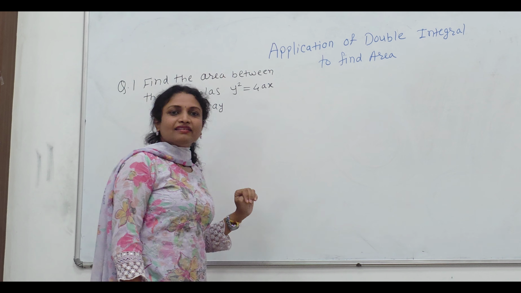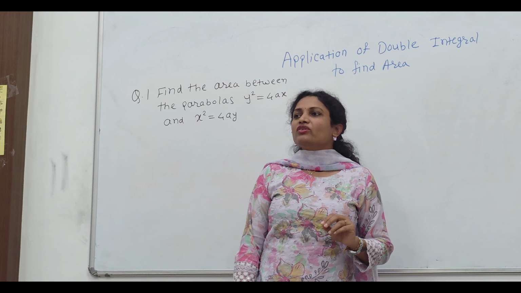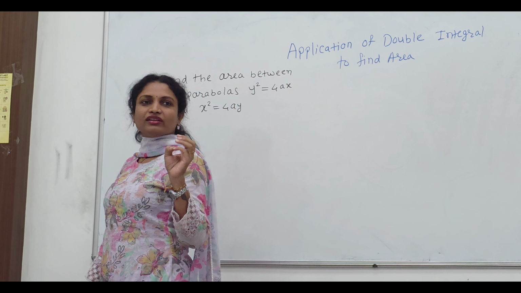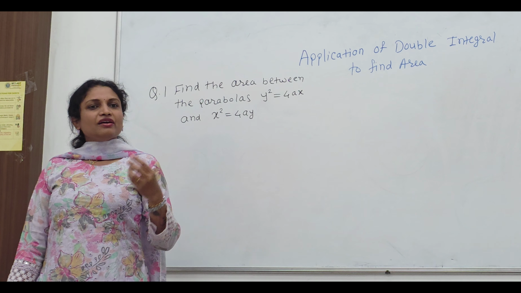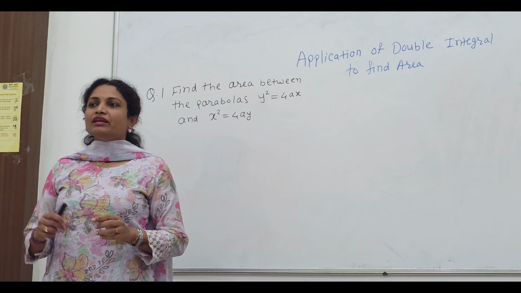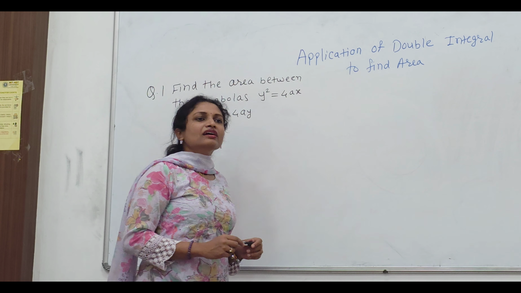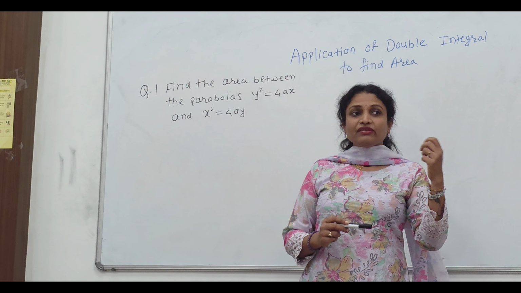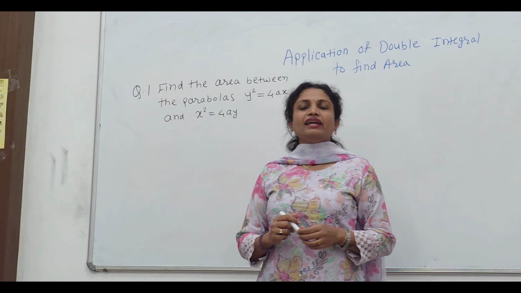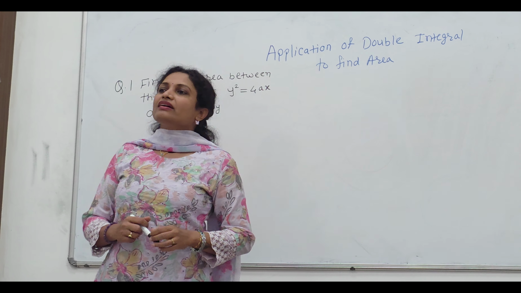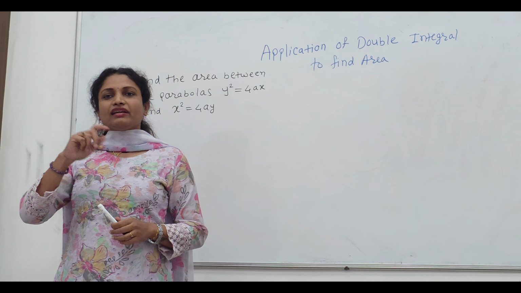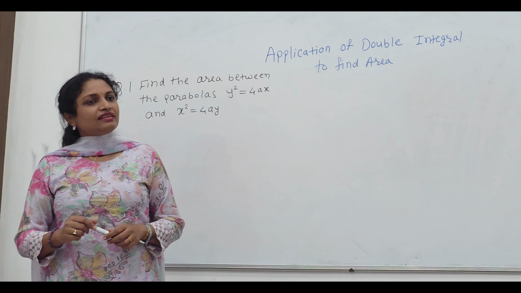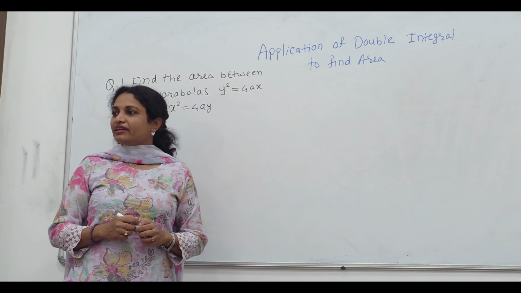Application of double integration for finding the area. So double integration, we saw the three types. When direct integration is there, when limits of integration are given to you. The second type is when limits are not given, you need to find the integration limits by considering either a vertical strip or a horizontal strip. And the third type is change of order of integration.